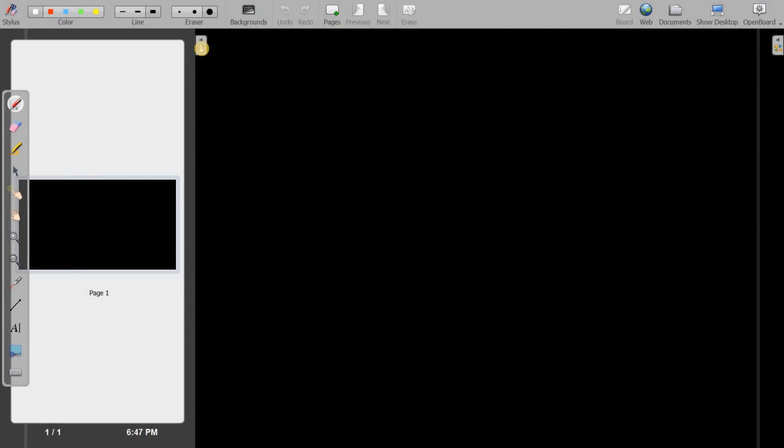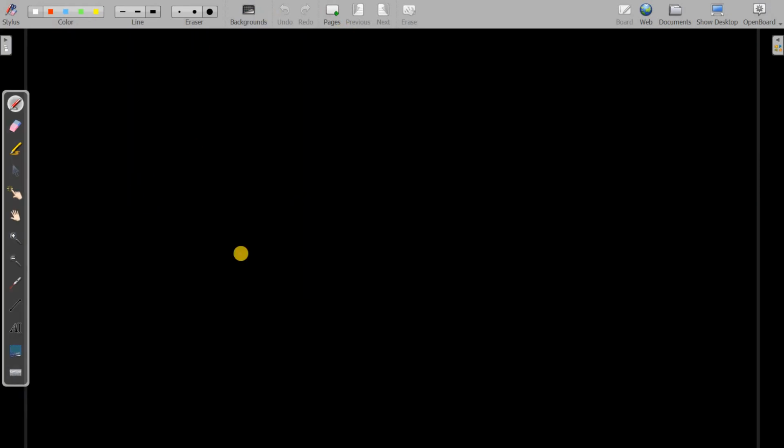Whenever you open it, it gives you a fresh, new board, and you can observe that it is actually using your entire screen, which is very good. If you work with Jamboard or another interactive board, you will observe that they have some limitation regarding using the space. So it is very nice compared to others.